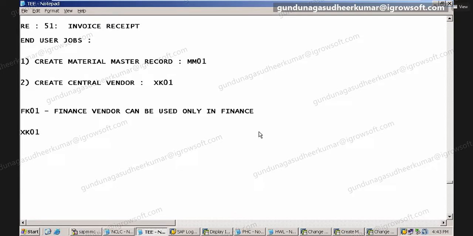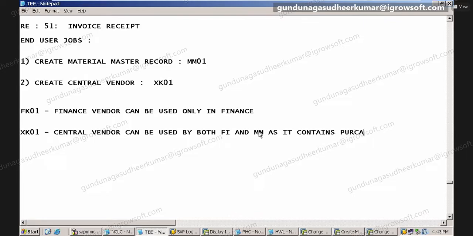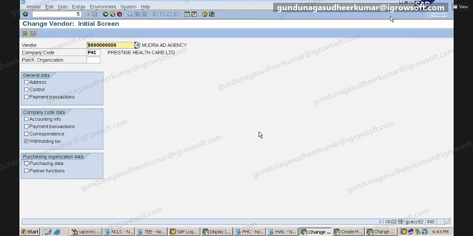XK01, central vendor, can be used by both FI and MM, as it contains purchasing information. Right now, what does it contain? Purchasing organization data.